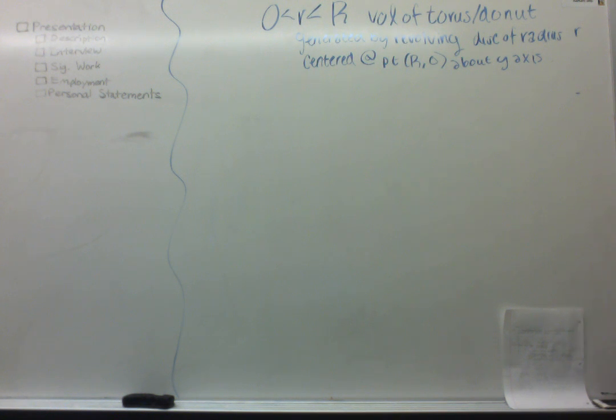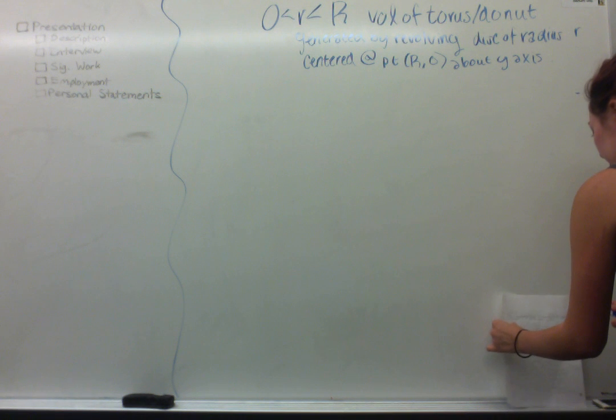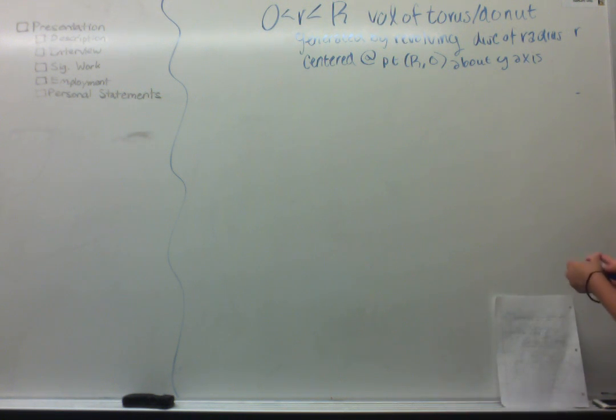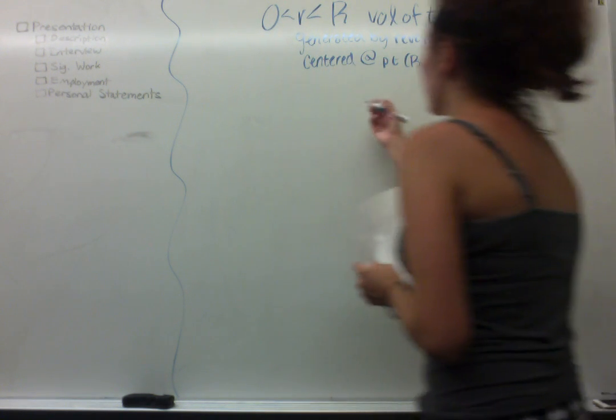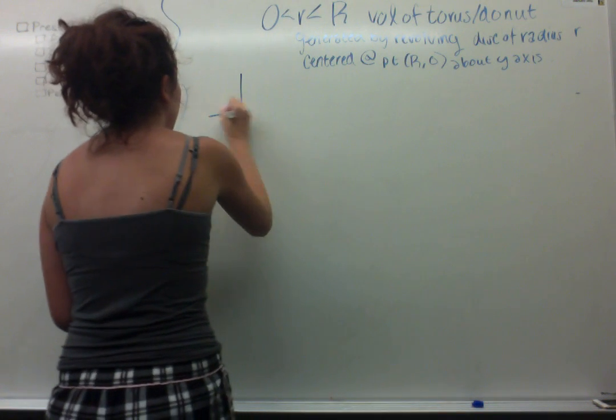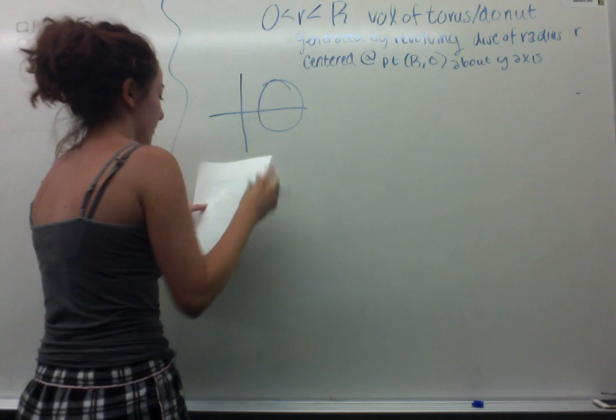So this is a video of the fourth math assignment in which we have to find the volume of a donut generated by revolving the disk of radius r centered at point R, 0 about the y-axis. So first of all, we're going to start by drawing a picture on a coordinate plane. So we have a circle, or a disk,